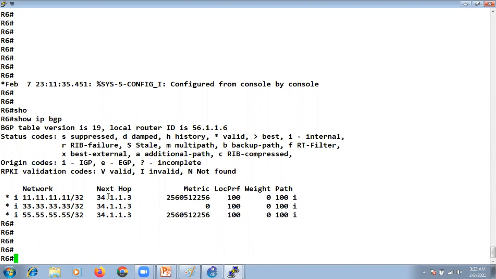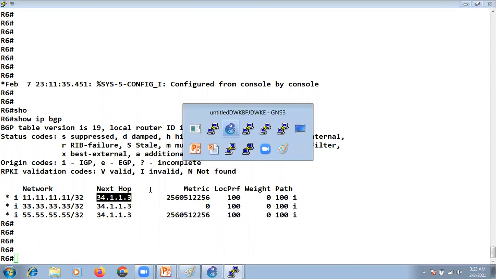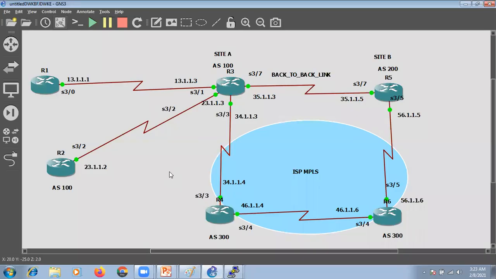Why? Because now you can see the next hop is of R3, because again we have the same problem: R4 and R6 have the IBGP neighborship. That is why when R4 is sending the update to R6, it is not changing the next hop.